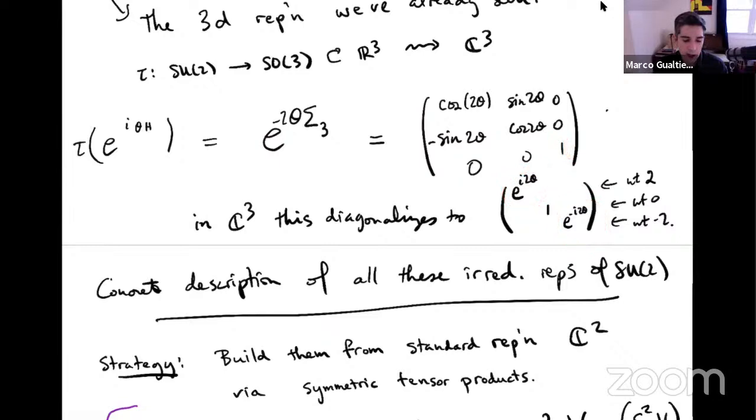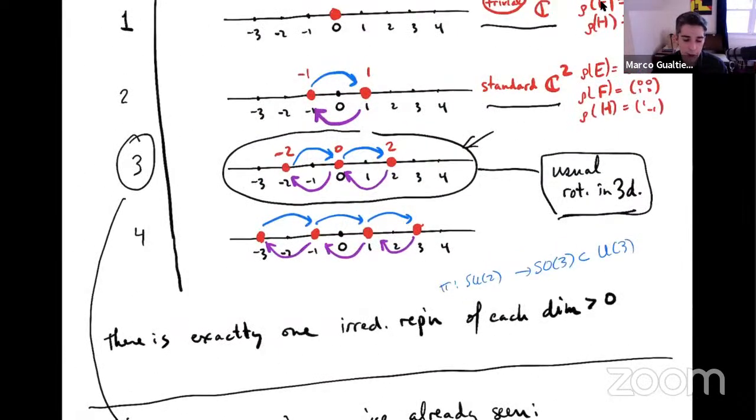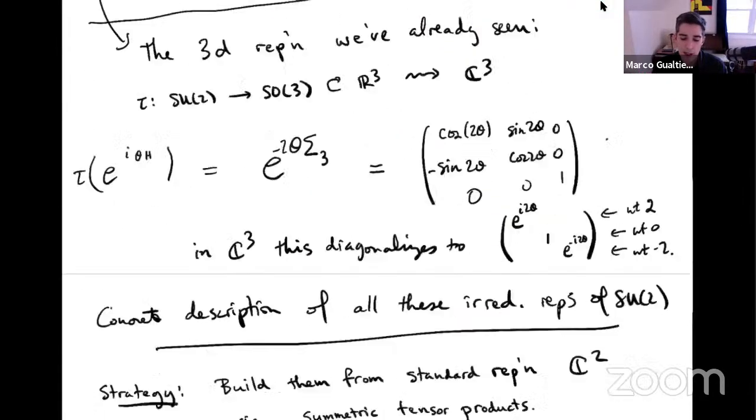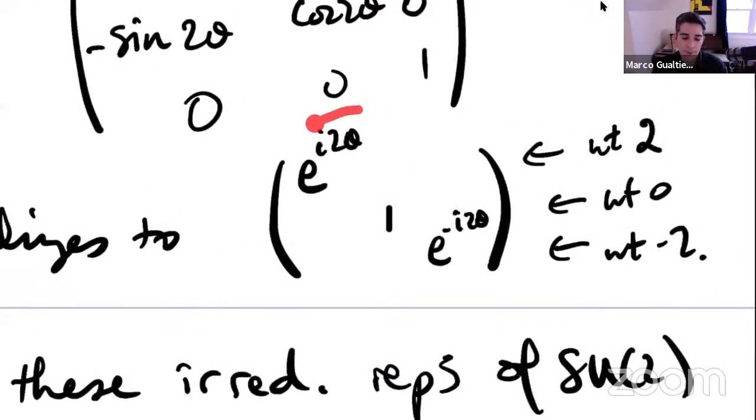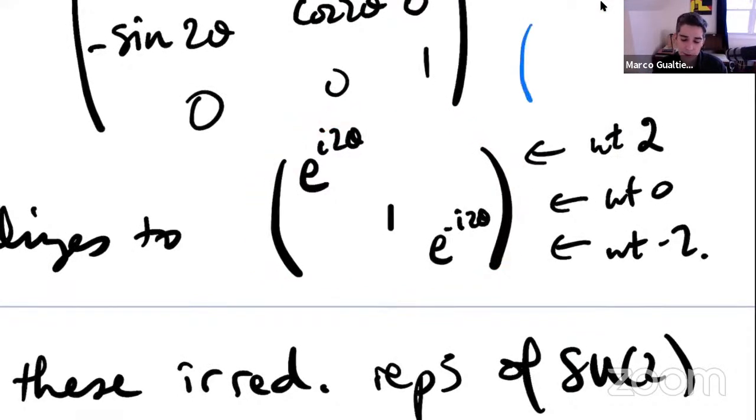So what you see is that the three-dimensional representation here, if I use this basis, then the way that H acts is diagonal. It sends this to -2 of itself. This is a -2 eigenspace. This is a +2 eigenspace. This is a 0 eigenspace. And that's exactly what you see here. This is the exponential of